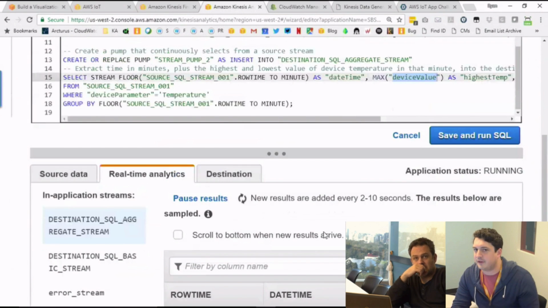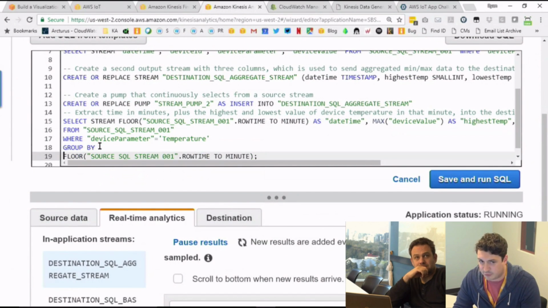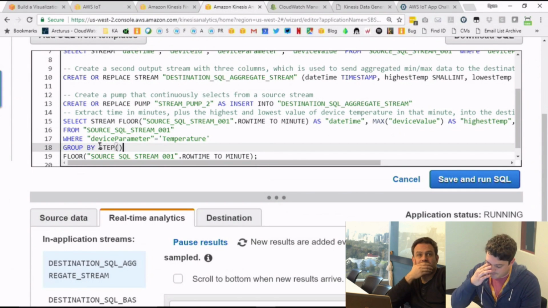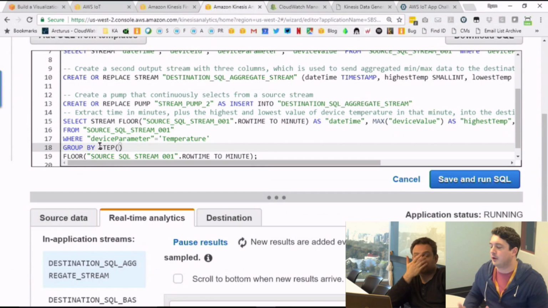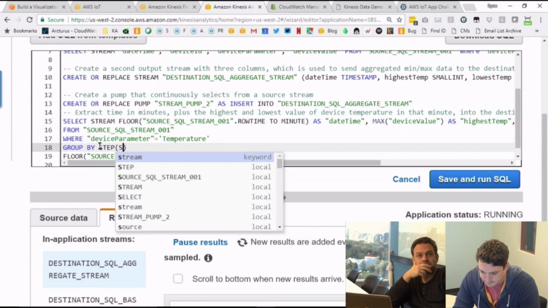I'm going to do the same thing, using slightly simpler syntax that makes it a little easier, because not all of you might be familiar with floor. We also have this step function. If you think about a tumbling window, it steps you through the stream. You can aggregate on 10-second intervals or 1-minute intervals, and at the end of that time interval, we compute the analytic and give it to you. So I'm going to choose